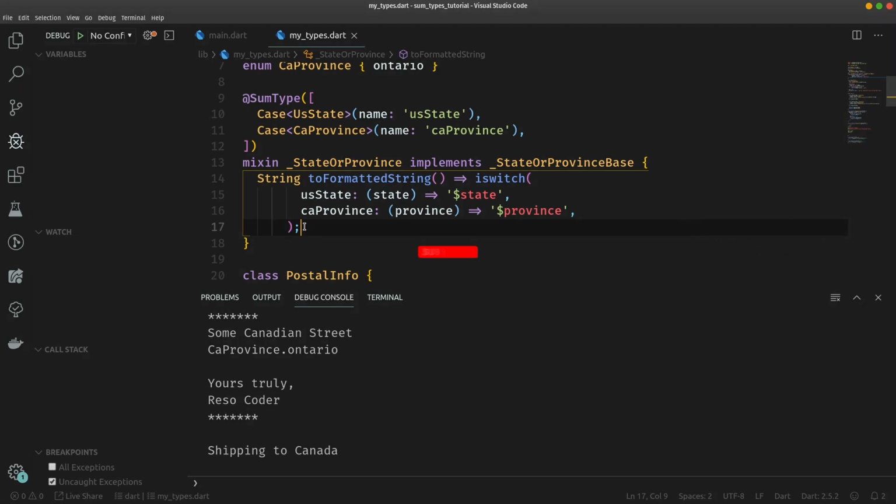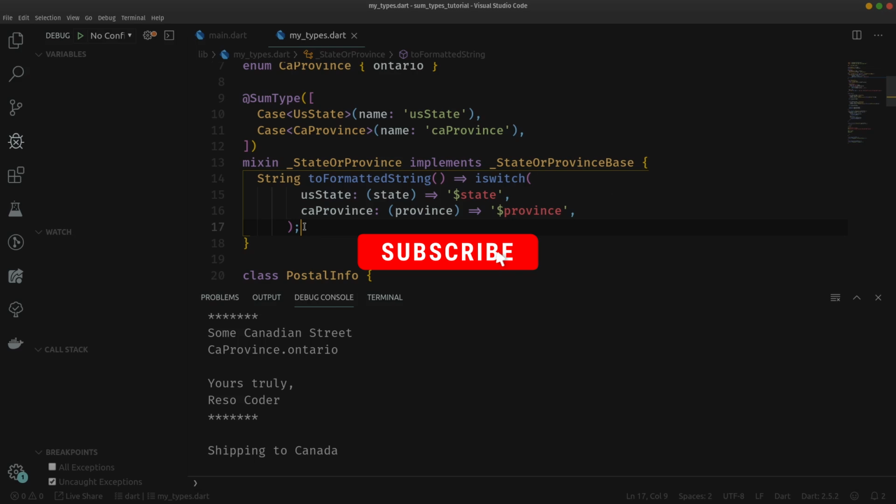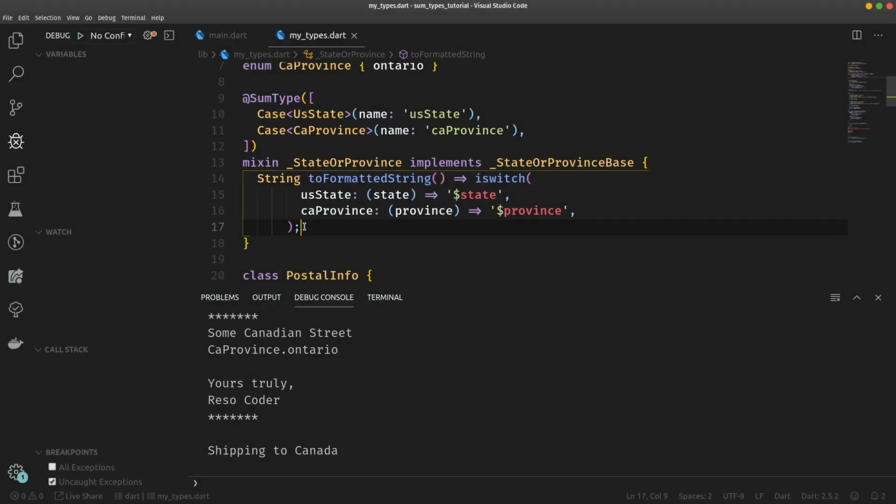Using subtypes not only saves you from runtime crashes and other headaches, but it also saves you a lot of time, because after all, writing all of those crazy null checks doesn't get handled by itself. On the other hand, if you use subtypes and use the iSwitch, which means inline switch method, it will immediately tell you which cases you need to handle, unlike an if statement or a default Dart switch statement, which doesn't